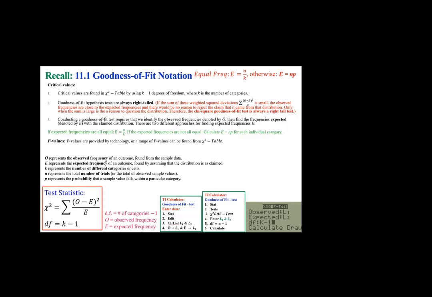All right, then we go through the p-value, and then the formula. If you look at the test statistic, chi-squared is the summation of (O minus E) squared over E. Degrees of freedom is K minus 1. And it is explained what O, E, K, N, and P represent. Also, how you calculate that using